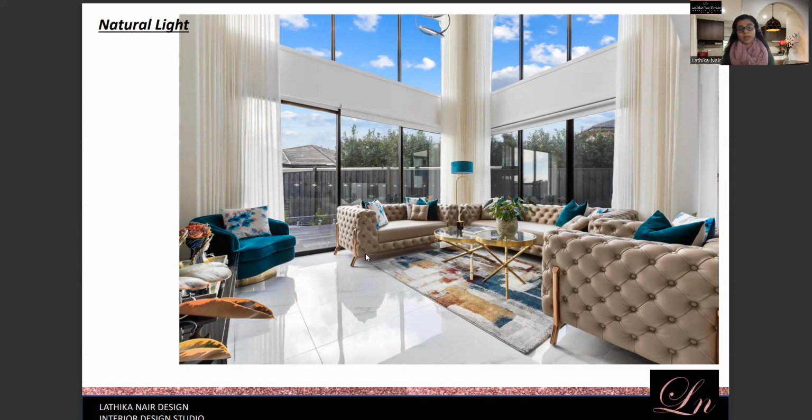On days where they do not have much sunshine, all the blinds are up, especially like that day that we had done the photo shoot. Beautiful, sunny day, not so strong sun, morning sun. So it was a really lovely light that was flowing in through those double height windows. And as you said, if the glare is too much, you can have the block out, or sometimes just the sheer is more than enough for them to block the light. That's all the light that they get. But in summer, of course, they will have a bit more strong light coming in. So we do have the block out blinds as well.